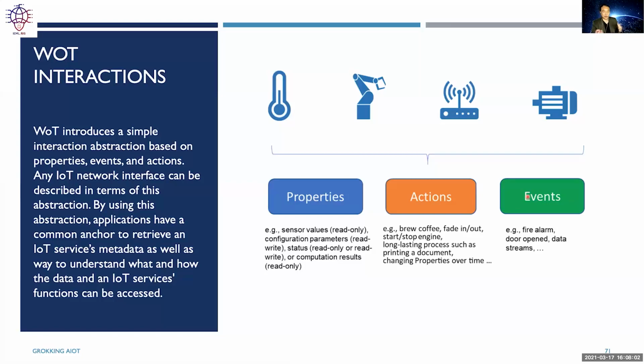So we do not want to wait for a request from the user. Is there a fire alarm going off or not? We just want to send the fire alarm if there's a fire, right? So this kind of notification of events, where it's not based on a request for the information, but is just sent one way from the sensor, are what we call events. So we need to support this additional notion. It doesn't require a request-response kind of interaction.